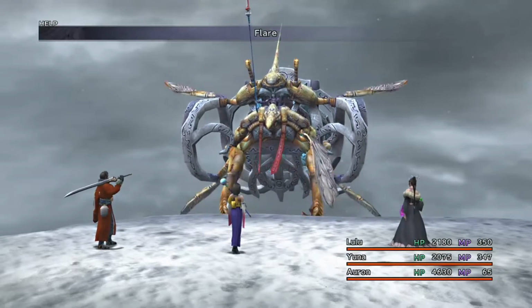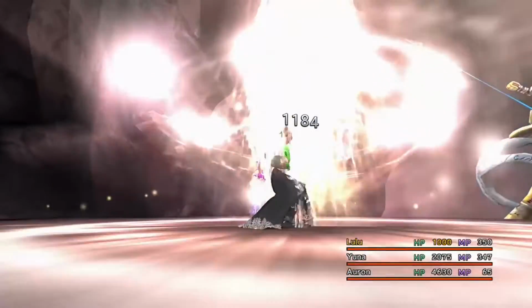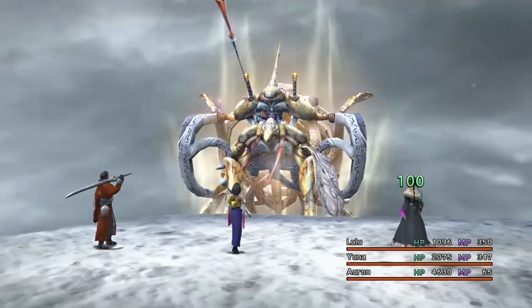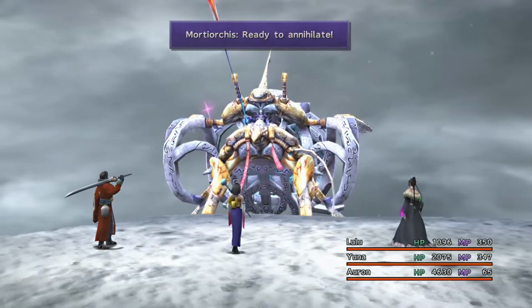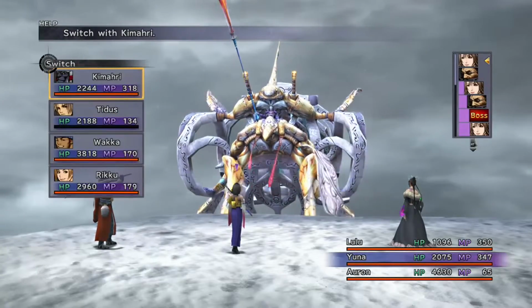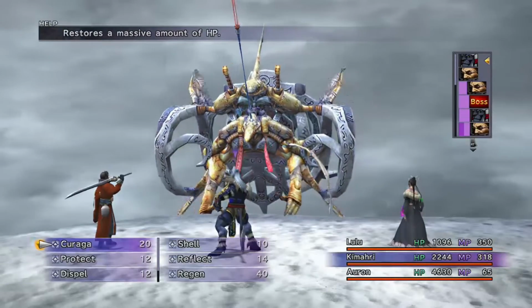Now again, you just saw Seymour there, he's cast Reflect on himself and then Flare so that you can bounce the spells back, and that does a lot of damage, especially considering that Lulu actually does have good magic defense. And Mortiorchis like this will start charging up to use an extremely powerful attack, so if you don't think that you'll be able to kill him in time,